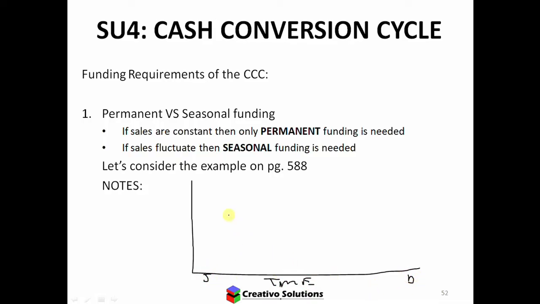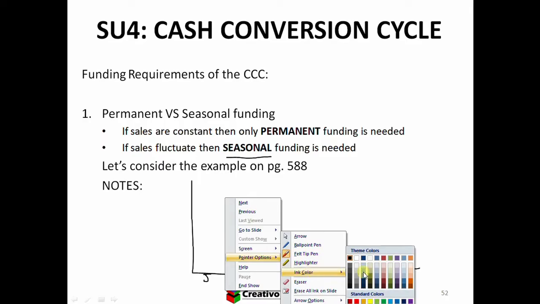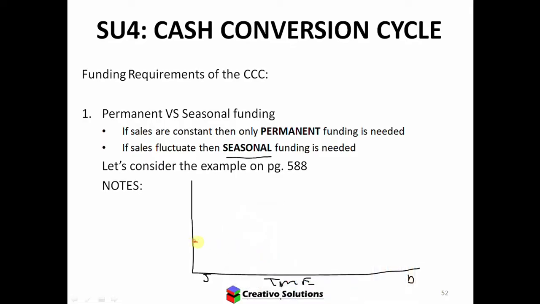Businesses have various seasonal requirements during the year. If you look at the diagram, they talk about this minimum need, which is the permanent funding. Looking at the cash conversion cycle and the business's ability to generate cash, they're always going to need this